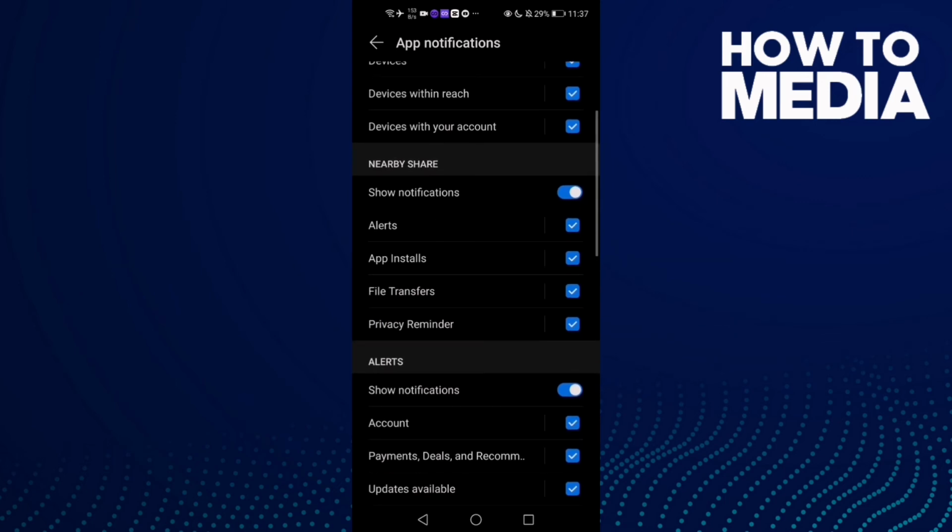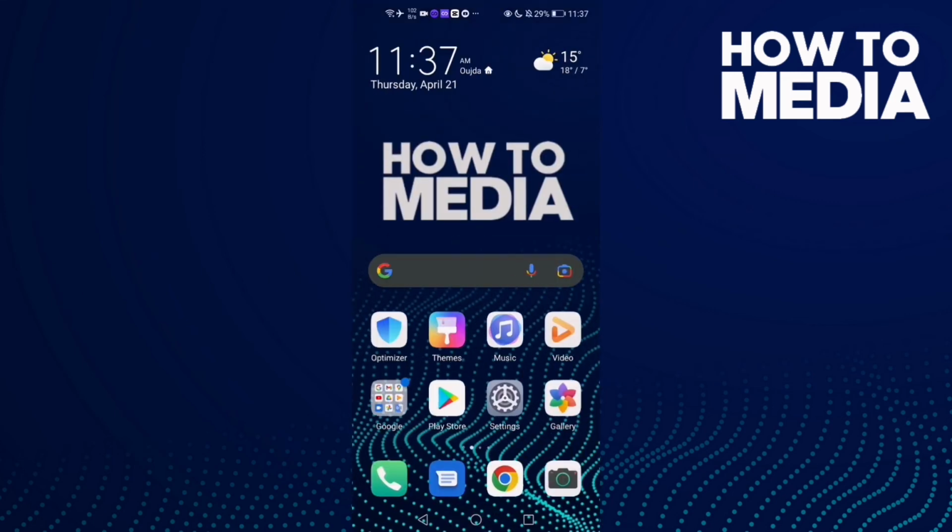If you want to turn it off, just one click, and as you see, Alerts has been turned off. And that's how to turn off alerts on Google Chrome mobile, and that's it for today's